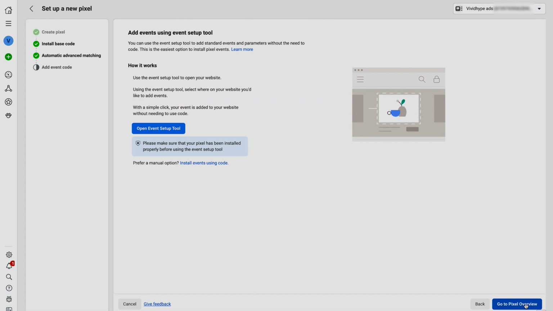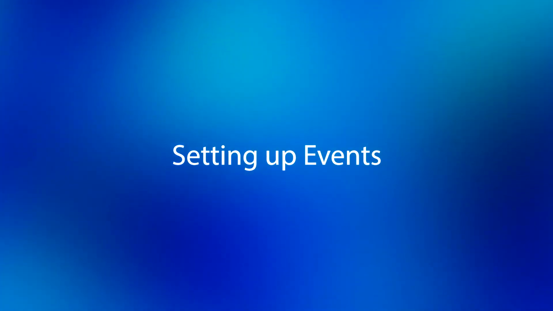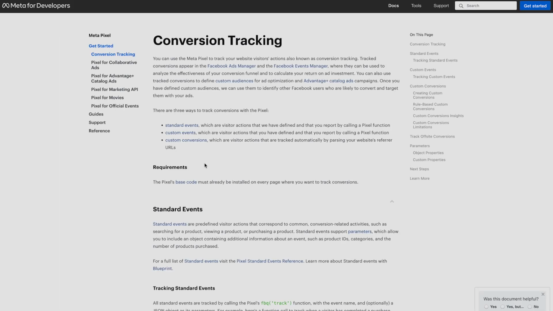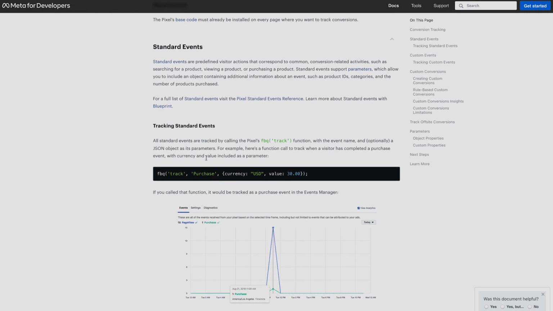Now I've found setting up events using the event setup tool to be buggy at times, so we're going to do it manually. First select install events using code, and you'll be brought to a page with the main title called conversion tracking. Then under the subheading track standard events, copy the code in the black bar